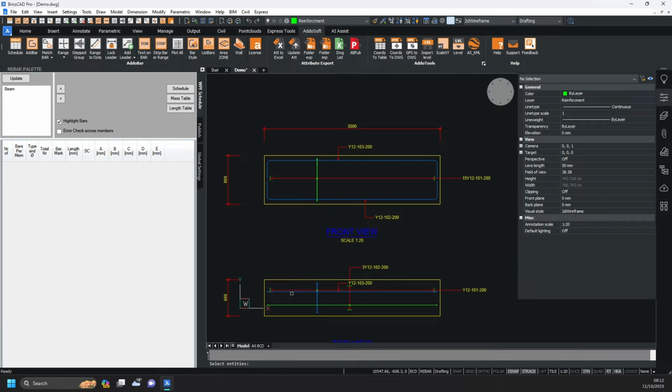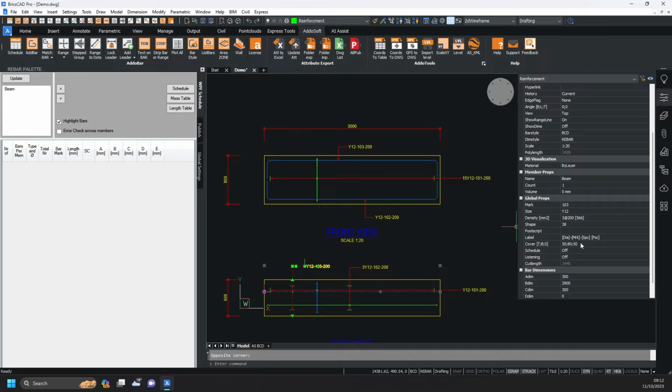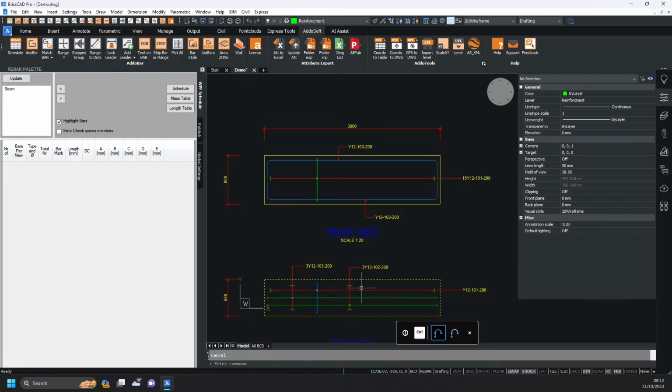Now we can select the bar we want to range. Pick a range start point and a range end point. Then choose where the leader goes, and after placing the leader, press Escape to end the command. Let's also turn on the scheduling here for the bar and fix the leader to show the number off. You can also move the bar by using the grip point, so it can have a better position on the